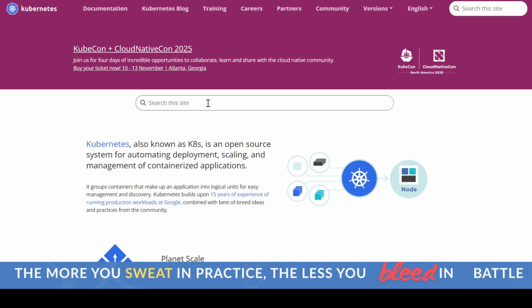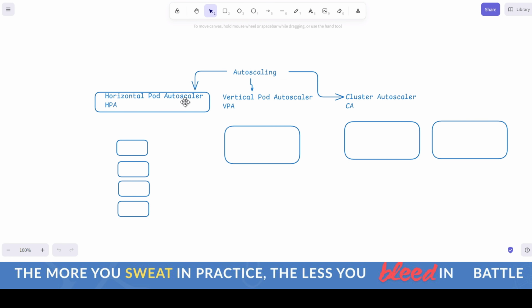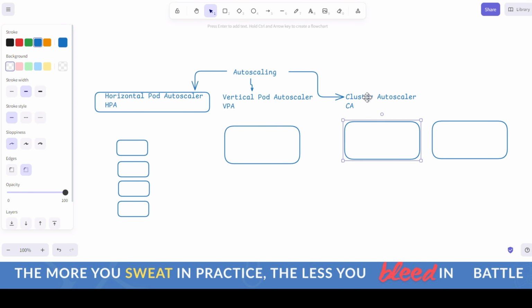Welcome. Today's topic is horizontal pod autoscaler. We have seen the horizontal pod autoscaler, vertical pod autoscaler, and cluster autoscaler. There are two types of scaling: workload scaling and underlying resource scaling. If we want to scale the underlying resources, then we have to add a node, remove a node, or increase the capacity